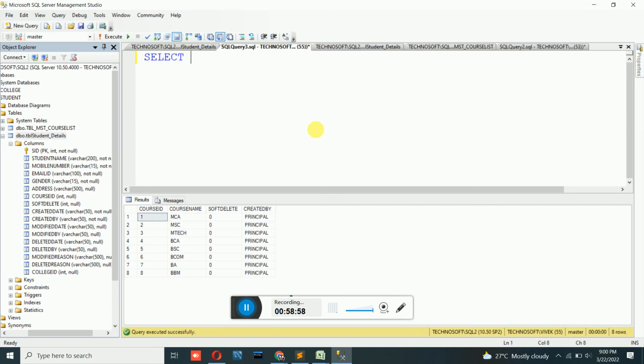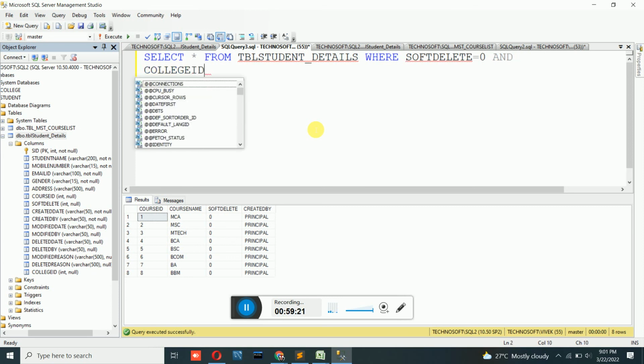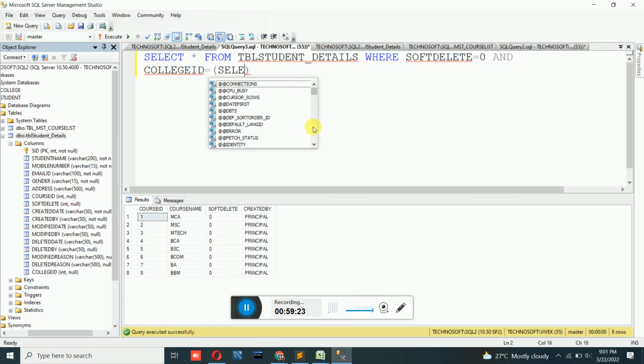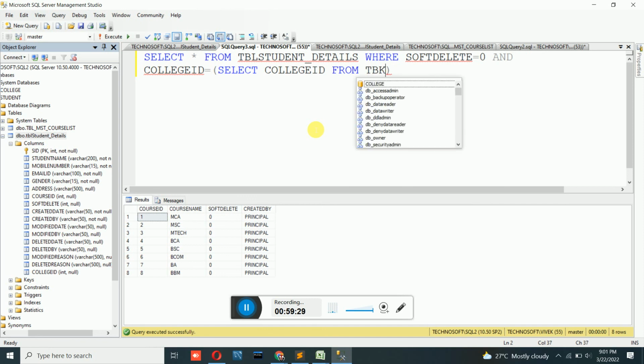So we write select star from TBL_student_details, where of course soft delete equal to 0 and college ID equal to select college ID from TBL_MST_college,